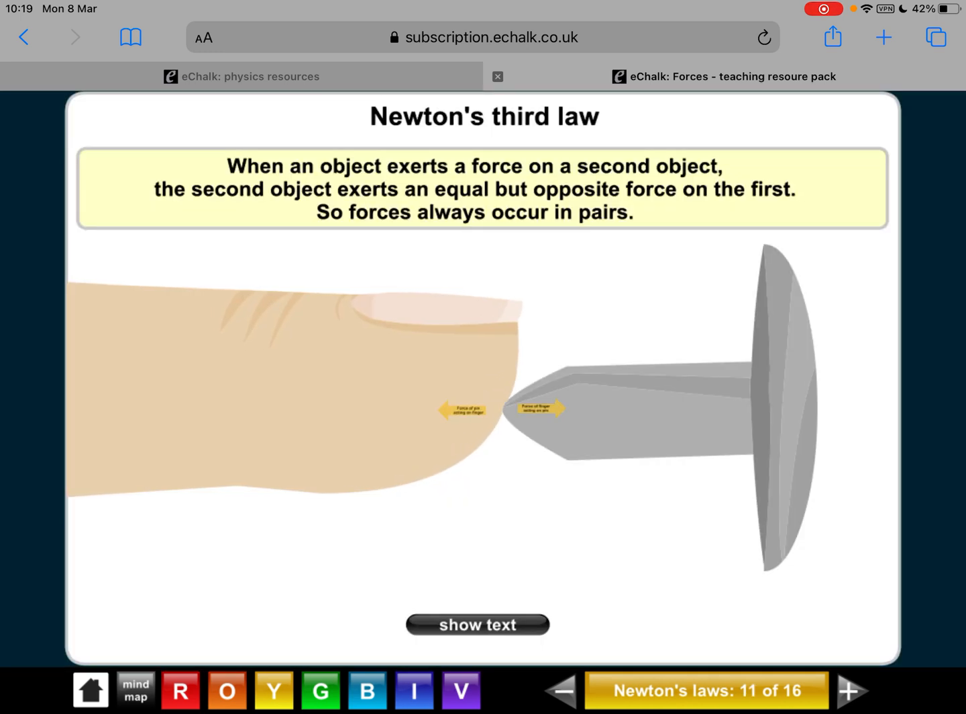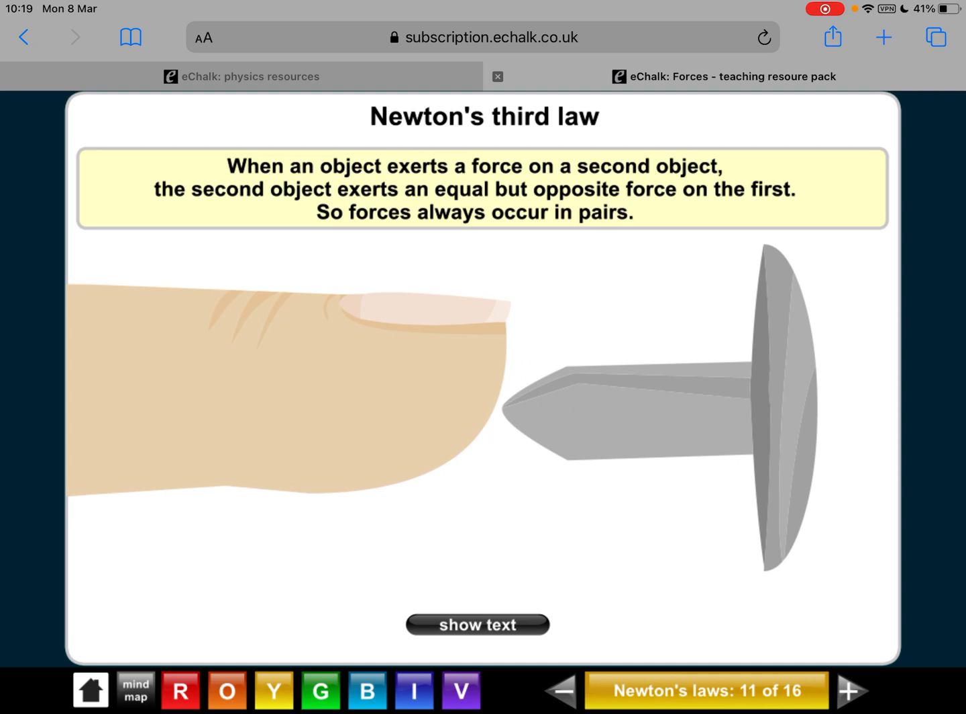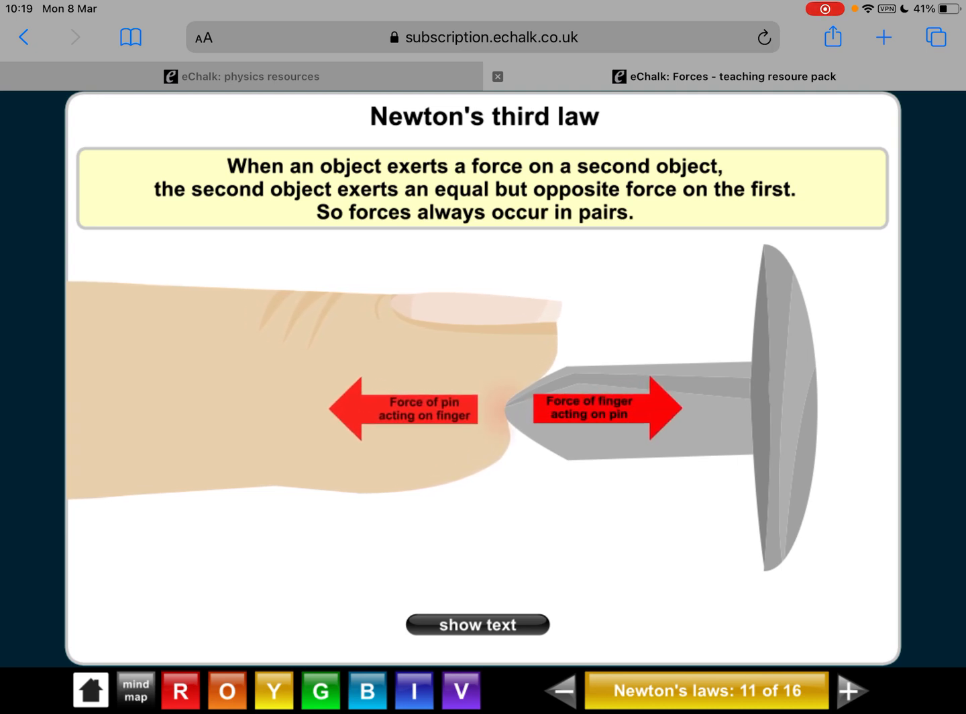It tells us that forces occur in pairs, and there's lots of different examples that we can look at to explain this. So here you can see that a person is pushing their finger against the top of a drawing pin. Now the reason that the person would experience pain from this is because as their finger presses on the end of the drawing pin, and you can see that force going to the right, the force of the finger acting on the pin going to the right, the drawing pin then does the exact same thing but